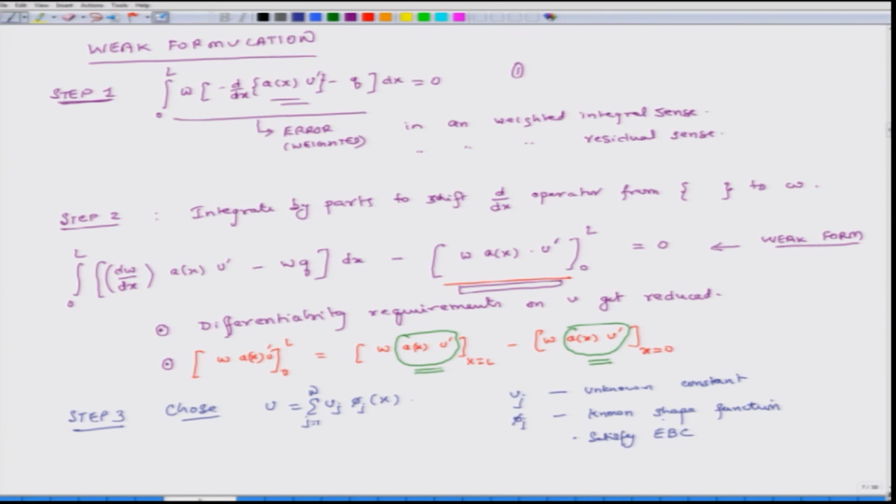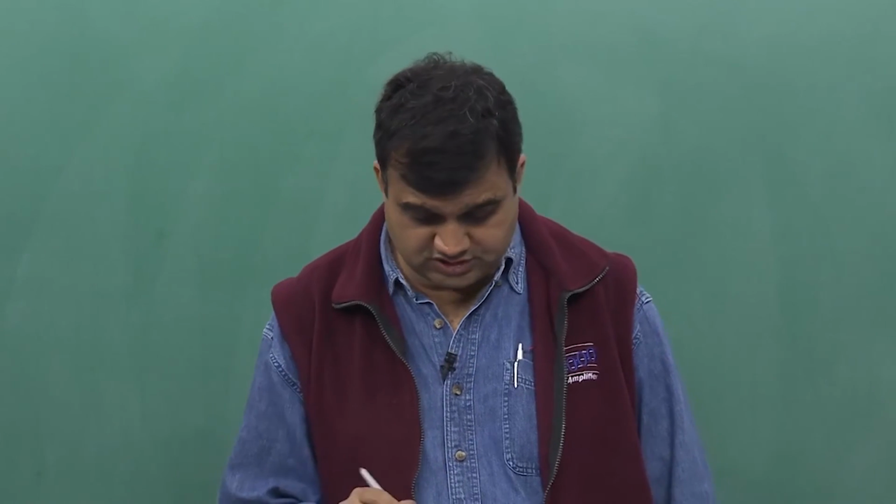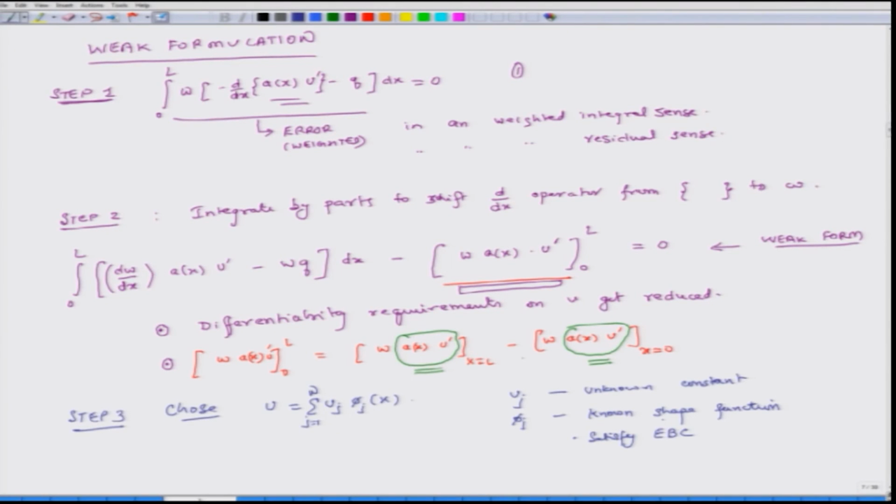It need not satisfy the natural boundary condition, because the natural boundary condition through this mathematics is itself coming out, and we can put in the value when we solve this equation. Suppose Ax u prime is equal to 3 at the boundary, then I can replace this by that number 3. So, my choice of Fj has to meet essential boundary conditions. We do not have to worry that it also meets natural boundary conditions, because that compliance is automatically taken care of in the weak form, not in the strong form.